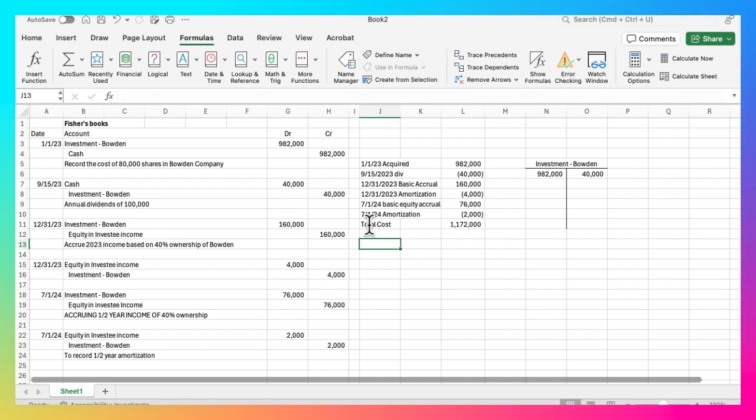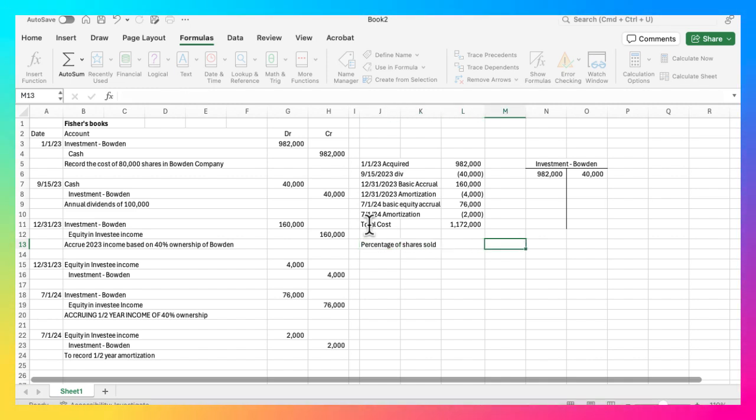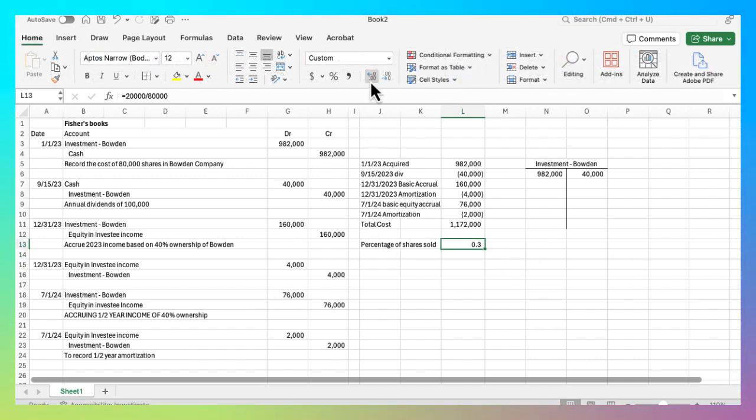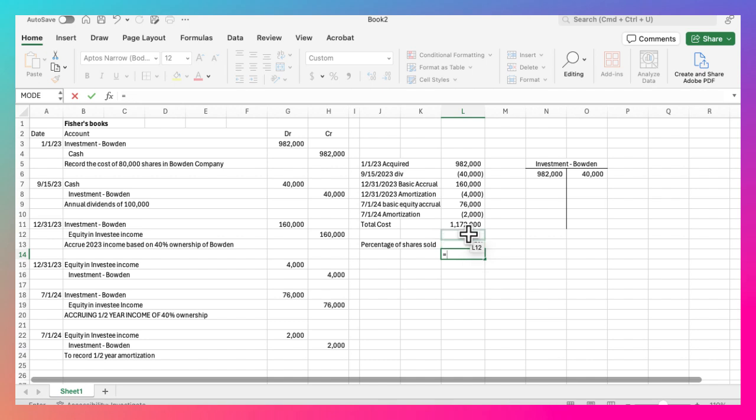Well, to figure out the percentage of shares sold, I'm going to divide 20,000 by 80,000, and that gets me 0.25, or 25%. So if I multiply 25%, which is the percentage of shares sold, by the total cost, I get,